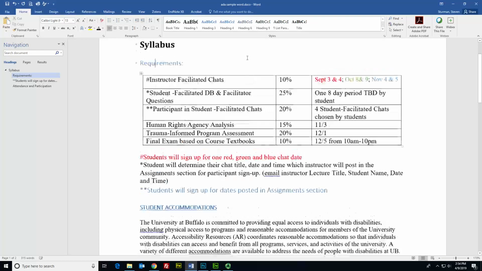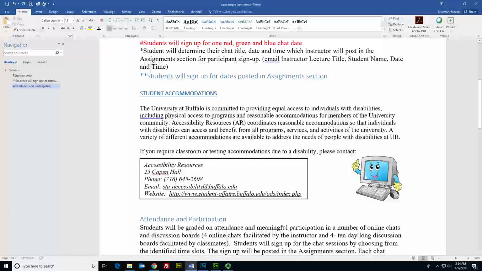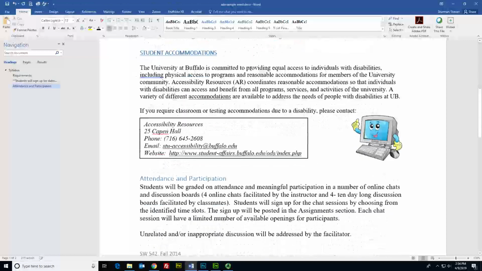The next issue that was identified in ALI is that this document has images that do not contain alt tags. So let me tell you a little bit about what an alt tag is before we get into it. With each image, when a screen reader gets to an image, it doesn't know how to interpret this image. So basically all it will say is image, and then it will read whatever is in your alt tags. If the image does not have alt tags, the screen reader just says image with no other